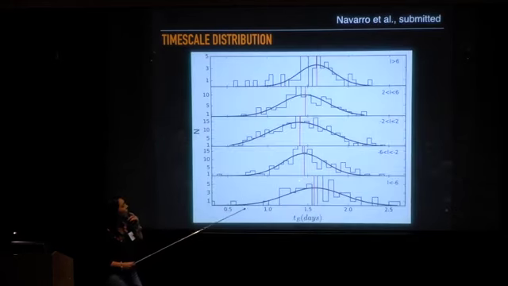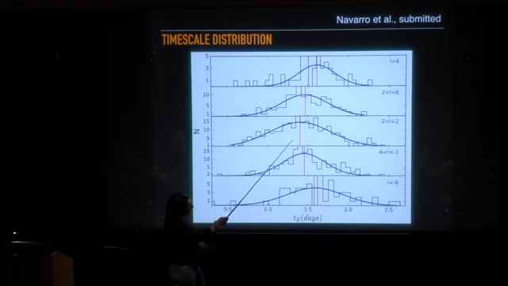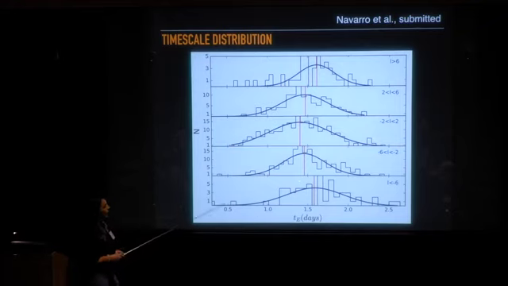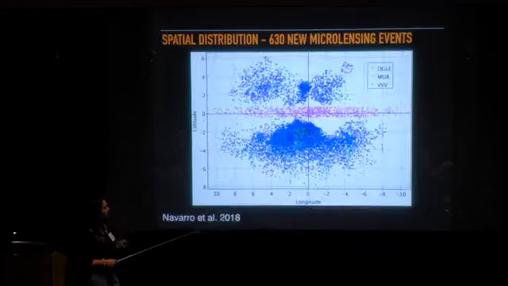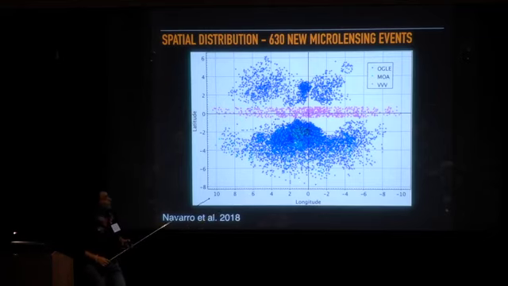Also, I detected that the timescale distribution changes if we move to different latitudes. If we approach the center, the timescale distribution decreases. This was found before by Łukasz, but this is a trend that we expected to find in the very, very center. So this is the map of the 630 microlensing events in pink, and the MOA and OGLE microlensing events